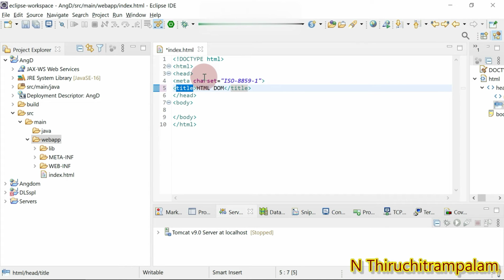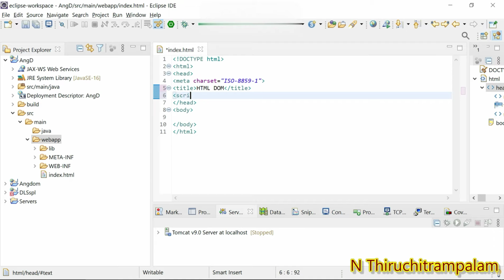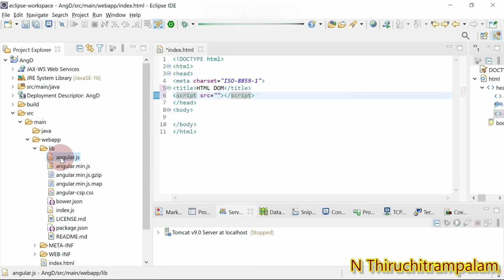We need to add AngularJS. Make use of the script element. Here you create the src attribute, and within this src attribute give the AngularJS file path.